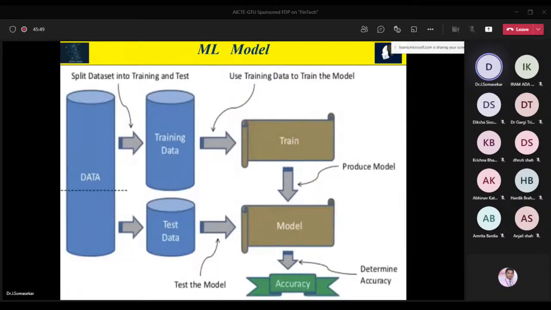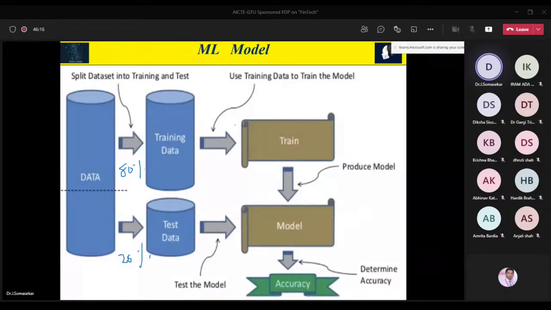Now, when you come to the machine learning model, we have data and we have to make training data and tested data. Let us assume I have Bitcoin data that is extracted from the investing.com website. I have shown it already. Let us assume I have 10,000 records, that means 10,000 rows in the Excel sheet. Out of which I have to go for training data, let us assume 80% or 70%. This 80% I consider training data. The remaining 20% I can go for testing.